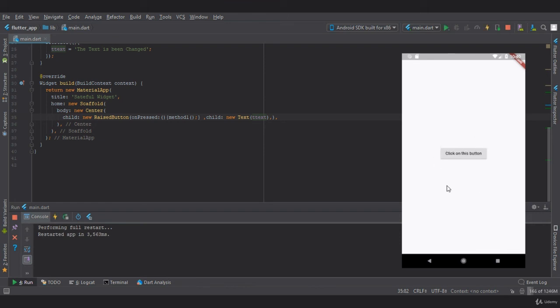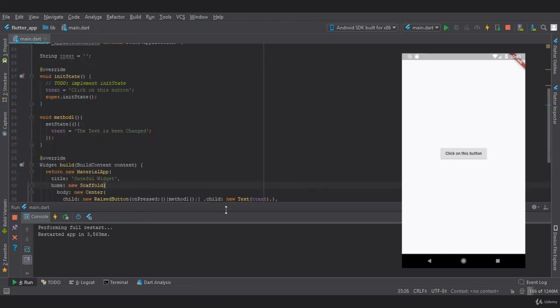And now if we press on this button, it will change to the setState that we have provided in tText. So it will change to the text is being changed. Similarly, let's restart again to better understand. What it is doing is it's going for initState first, and then when we click on it, it performs an onPressed where it checks its setState. When the state is changed, it performs the tText operation. So that's it. Those are the two operations of the stateful widget.